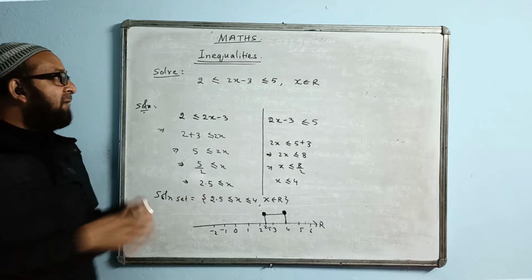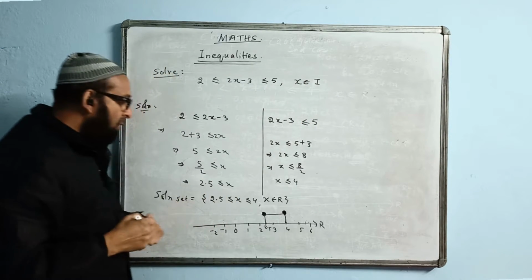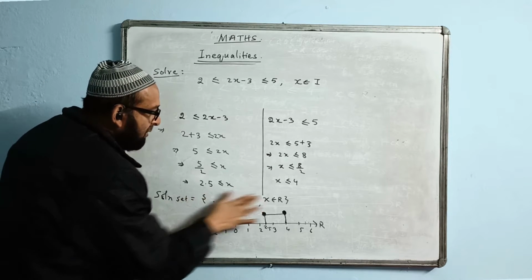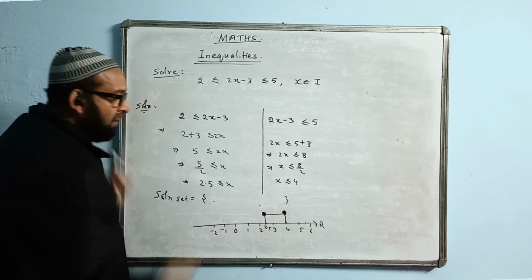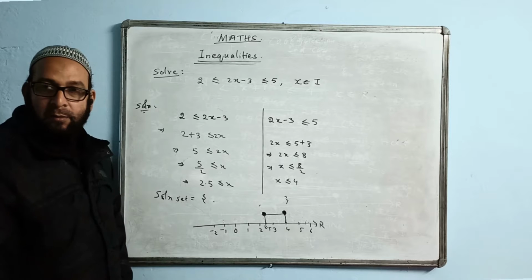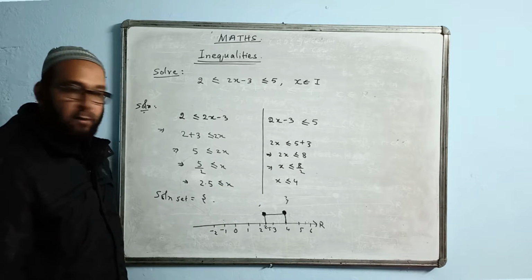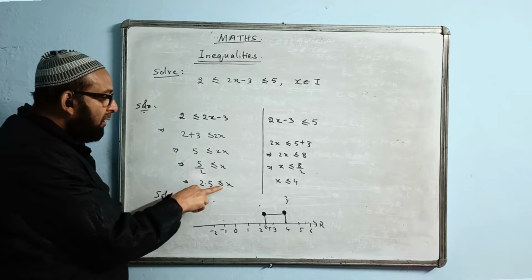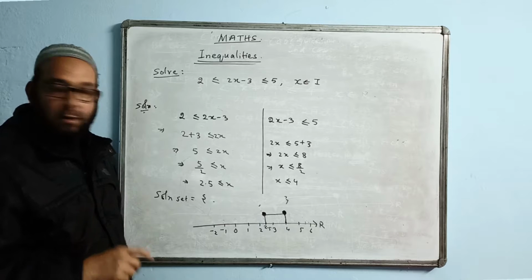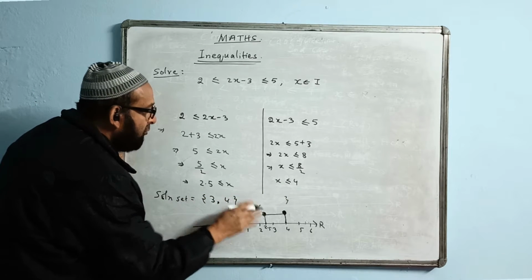If this is by chance the set of integers, suppose, then at that time we will not write the answer in this format. We write the answer in comma format. Between 2.5 and 4, what are the integers coming? What are the integers between 2.5 and 4? 3. We can't take 2, though the equal sign is there, and 2.5 we cannot take because 2.5 is not an integer. So we will start with 3 and the second answer 4, up to 4. 3, 4 would be the answer.